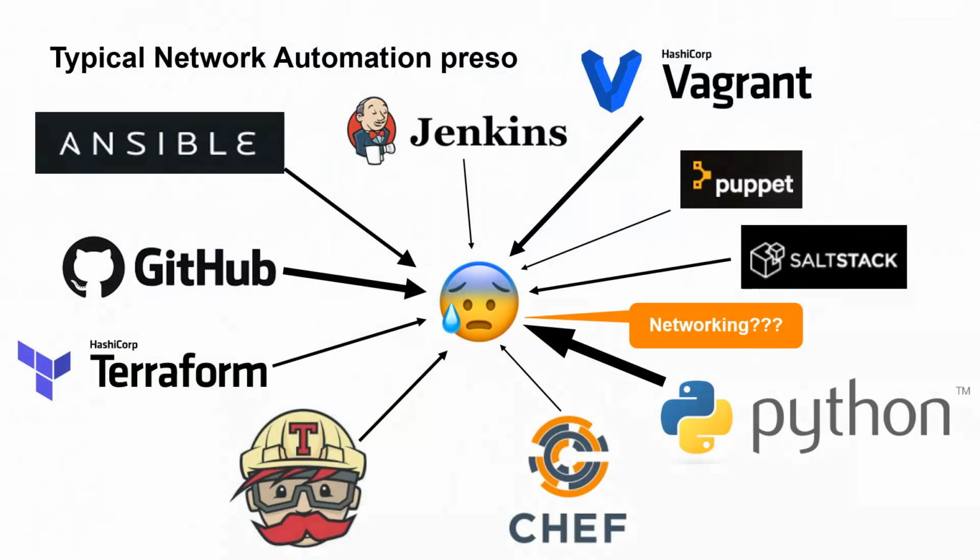So this is a presentation about network automation, and if you've been through any other prezos about network automation like I have, you probably have experienced this, where you get blasted with strange sounding names of things such as Vagrant, Jenkins, Puppet, GitHub, all of these great things which come from other areas of IT, mainly from software development and from server infrastructure, and you struggle to see how they are applicable to networking, like this little chap here in the middle. Where is the networking in all this? Well, that is a very good question.